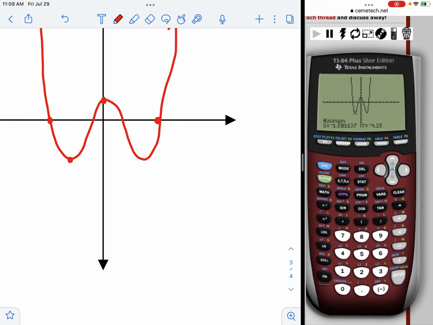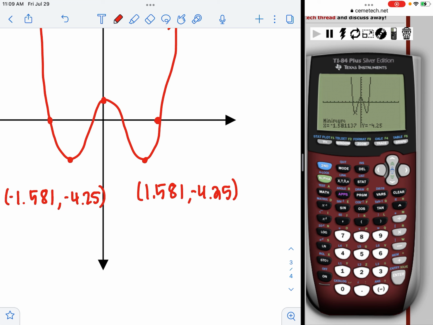So this point right here is negative 1 point. Now that decimal keeps going, so if we need to round at any point, it's always 3 decimal places. So we're going to say negative 1.581, comma, and then negative 4.25. All right, now this point is clearly symmetric, so I know it's just positive 1.581, comma, negative 4.25, but just